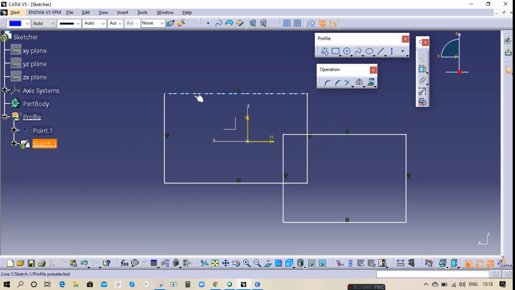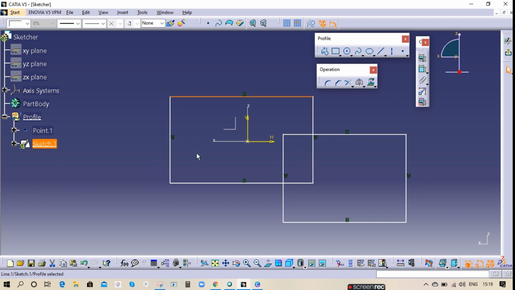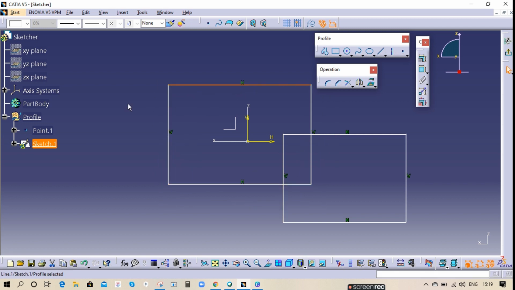Please remember, these are all interview questions. If you see the white color, this one, that means this is under-constrained. Under-constrained means this is not constrained, so this will move in space. It will move in any direction in this space. To constrain this, we have this constraint option. So first we will constrain the box length.